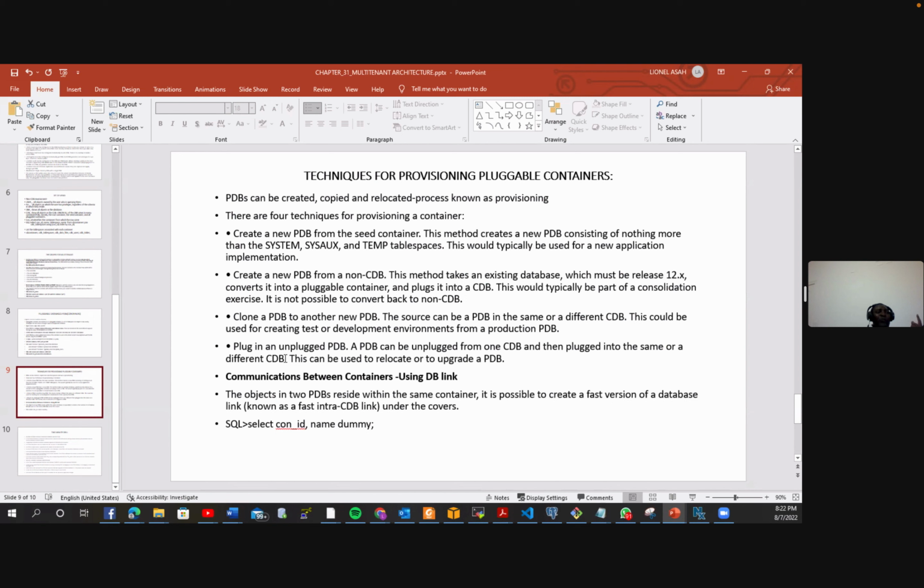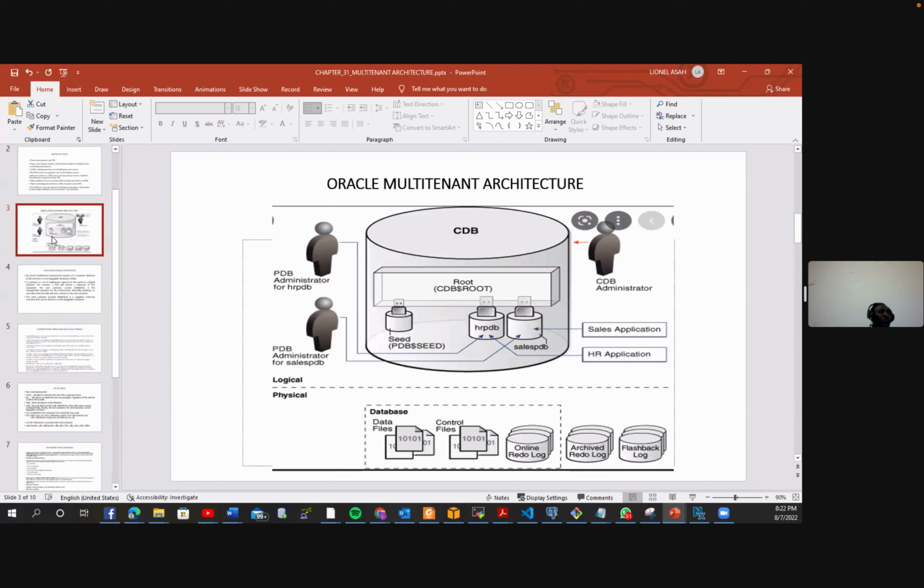A PDB can be unplugged from one CDB and then plugged into the same or a different CDB. That is, in this case, it will just be an issue of changing positions. We can pick up PDB1, or HRPDB, and change the position. Immediately we change the position, we can give it a new con ID, container ID. So simply plug it from here and attach it to another position in this CDB, or we can simply unplug it